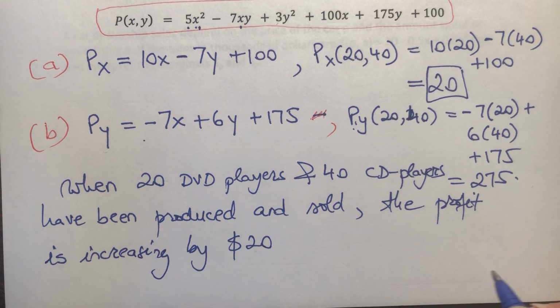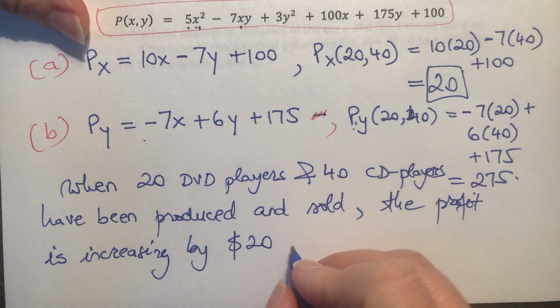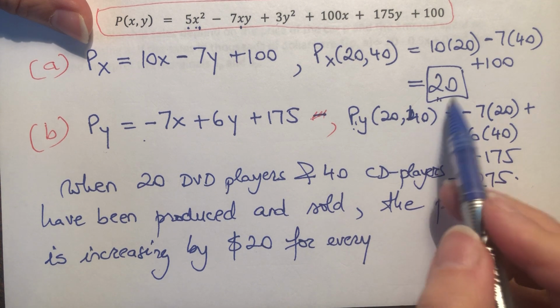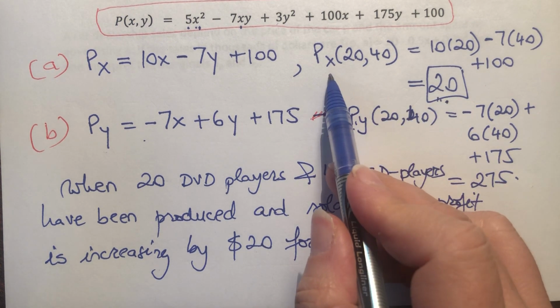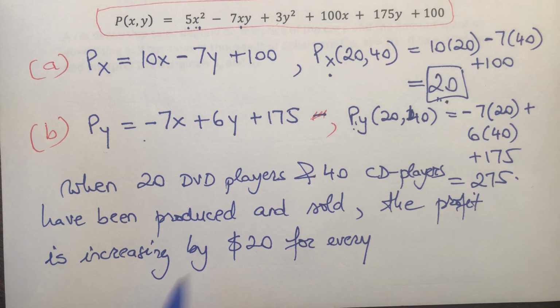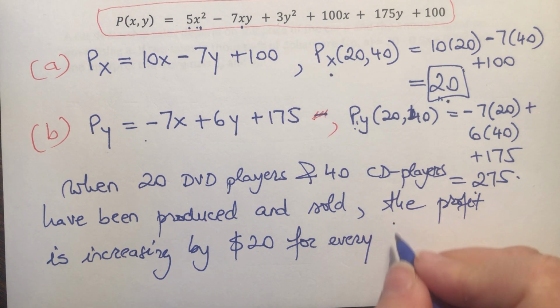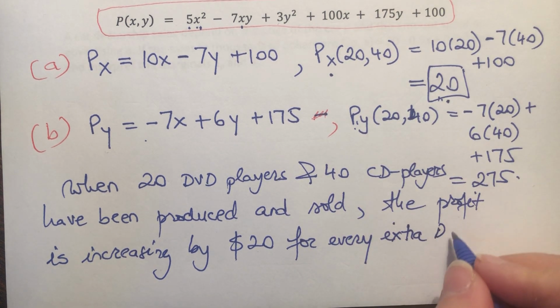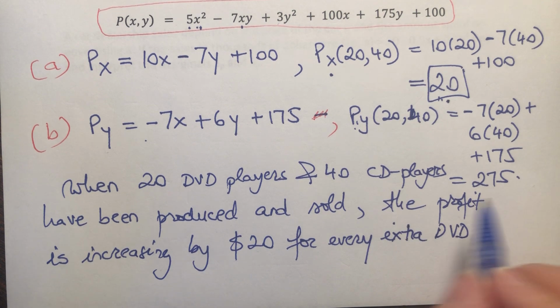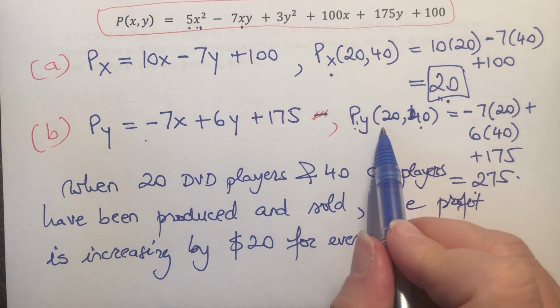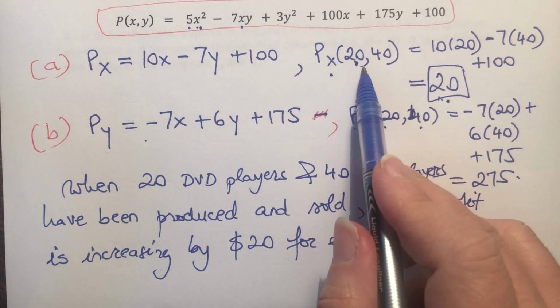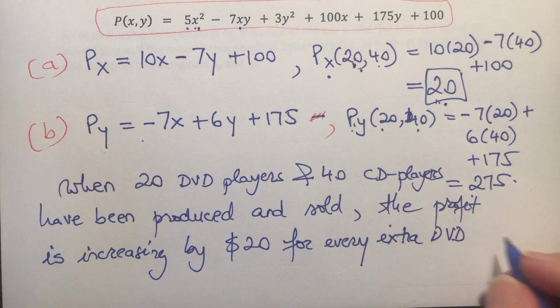Well, by $20, not much, but here it is, $20 for every what? So what did we change for the $20? We changed the number of DVD players, so it increases by $20 for every extra DVD player produced and sold. So if you keep the CD players at 40, but you're going to produce one more DVD player, so plug in 21, but keep this at 40, so for every extra DVD player produced and sold,